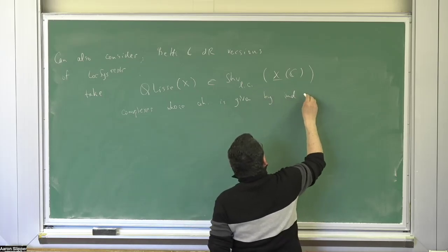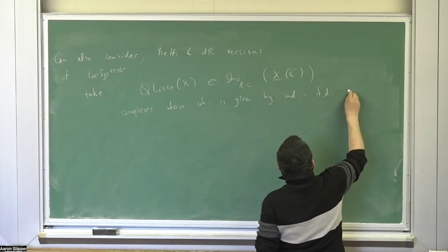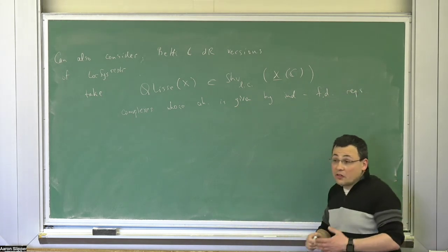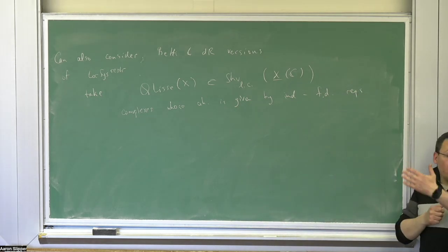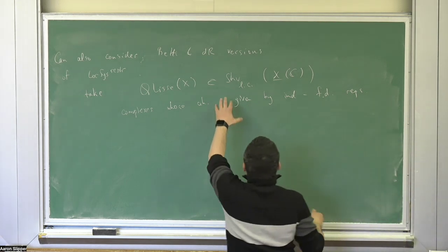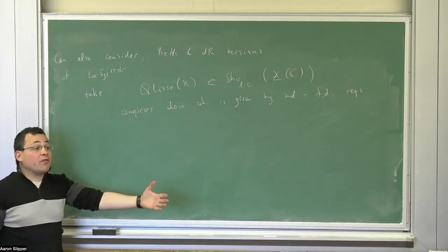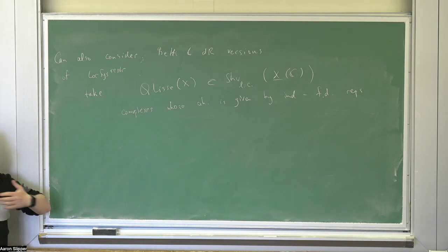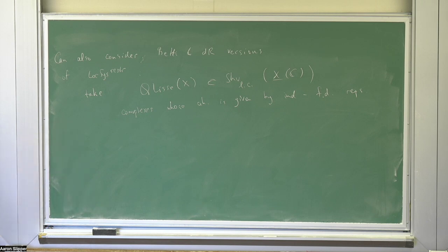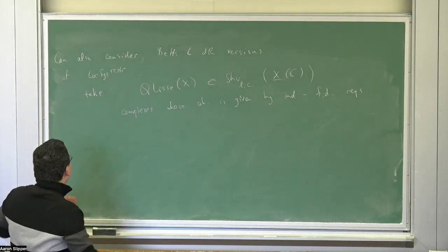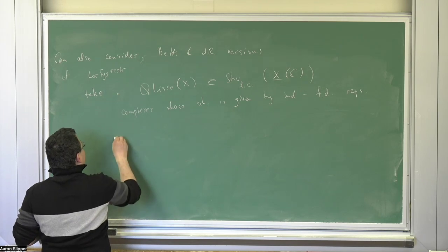finite dimensional representations. So it's just all locally constant sheaves such that every homology group, well, those are representations of the topological fundamental group, and I ask that it be a union of finite dimensional representations. That's the analog. Of course, if I take X over C, this is going to be the same as this category for a variety over C, by comparison results. So that's one version.